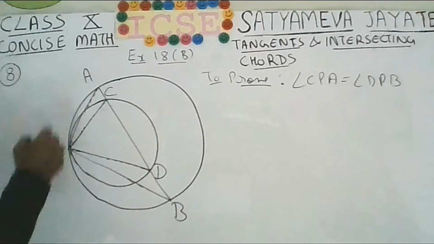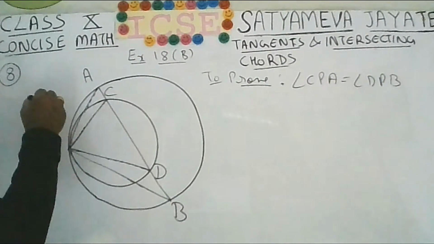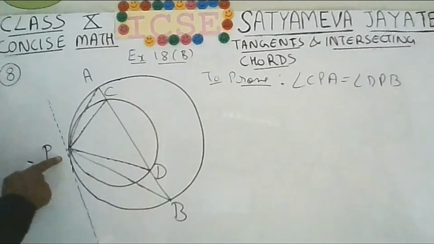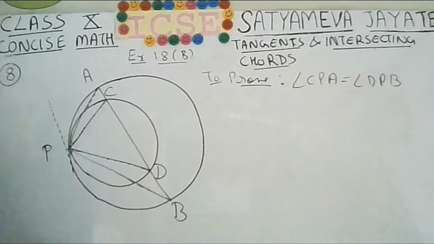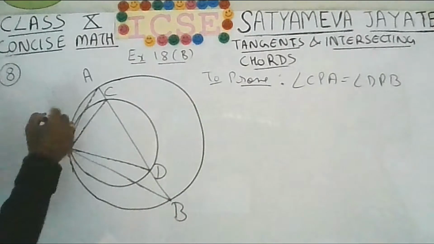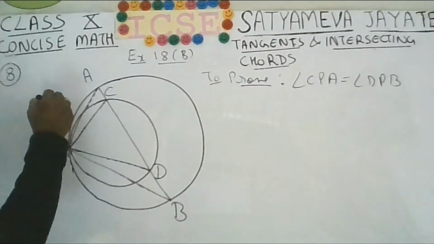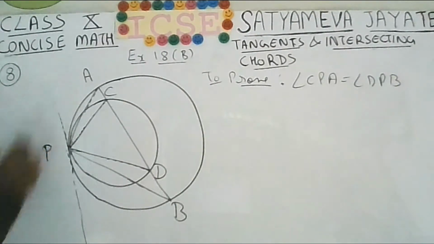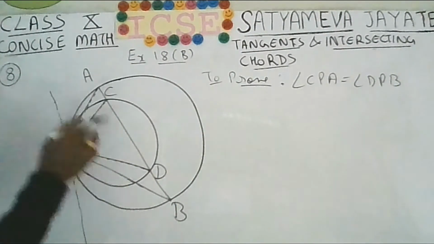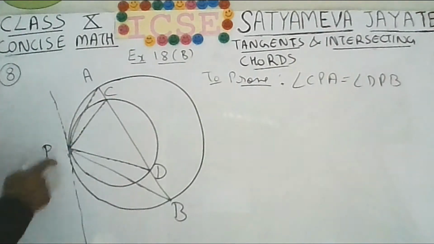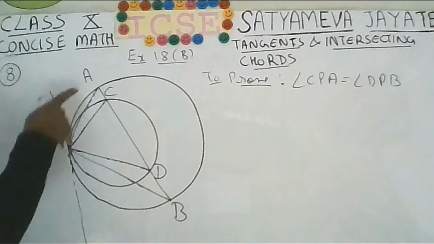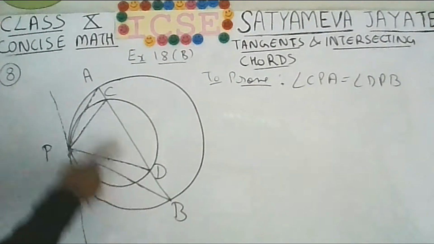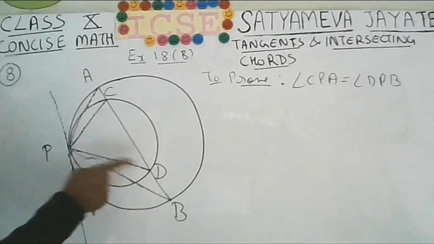Let us draw a tangent. This tangent you have to construct from your own side. Now this is the point P at which I have drawn a tangent. You should draw a tangent at point P. So this is a tangent at point P. We are having two circles, a smaller circle and a bigger circle. CP is a chord and AP is a chord. AB is the chord for the bigger circle, which is intersecting the smaller circle at C and D.